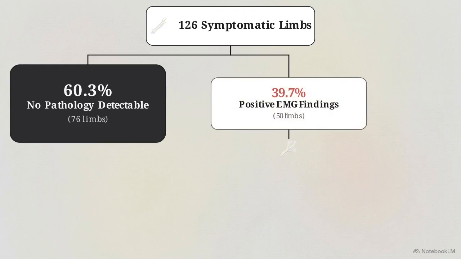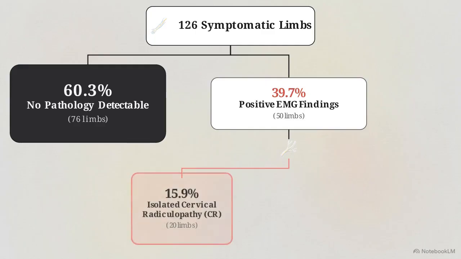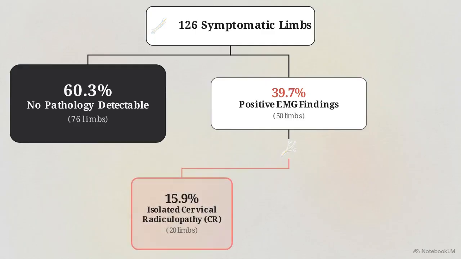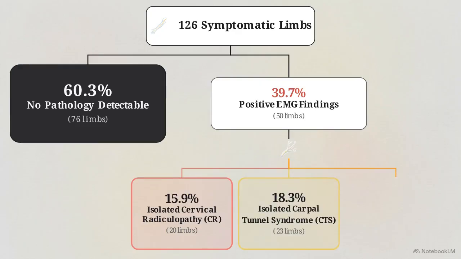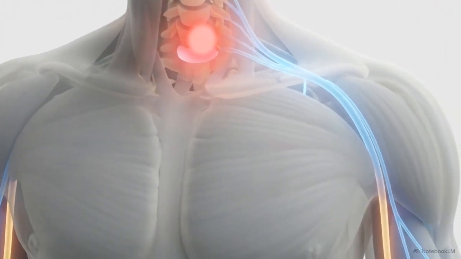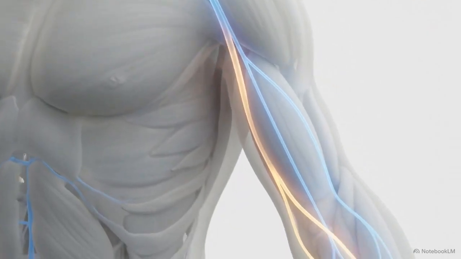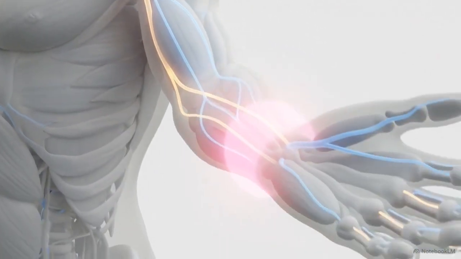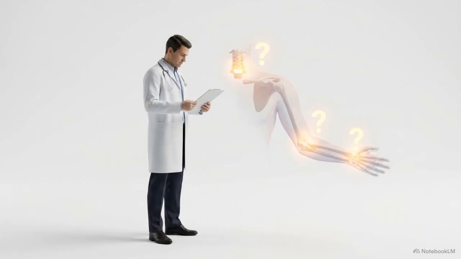The remaining positive EMG findings split into three distinct streams. Only 15.9% proved to be isolated cervical radiculopathy. Another 18.3% had carpal tunnel syndrome, and 5.6% demonstrated double crush syndrome. That means nearly a quarter of the patients evaluated for neck issues actually suffered from distal nerve entrapments in the wrist or multi-site compressions. Clinical presentation alone lacks the resolution to differentiate true cervical root axonal damage from distal entrapments